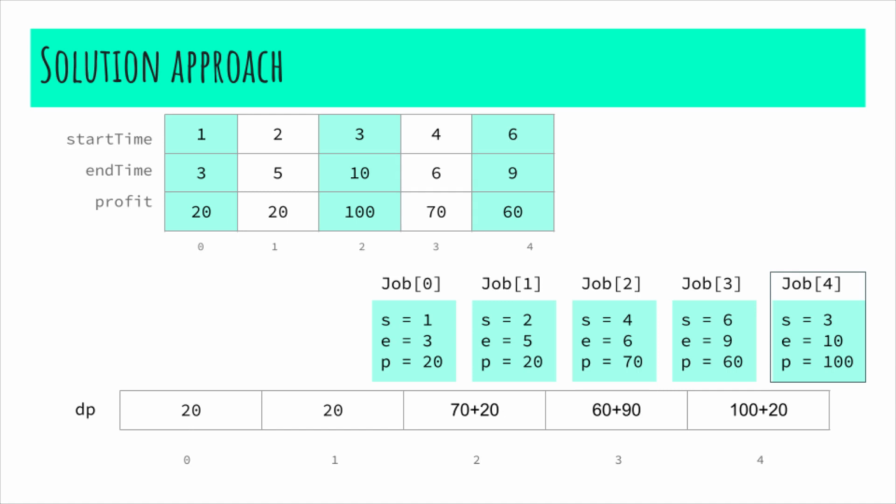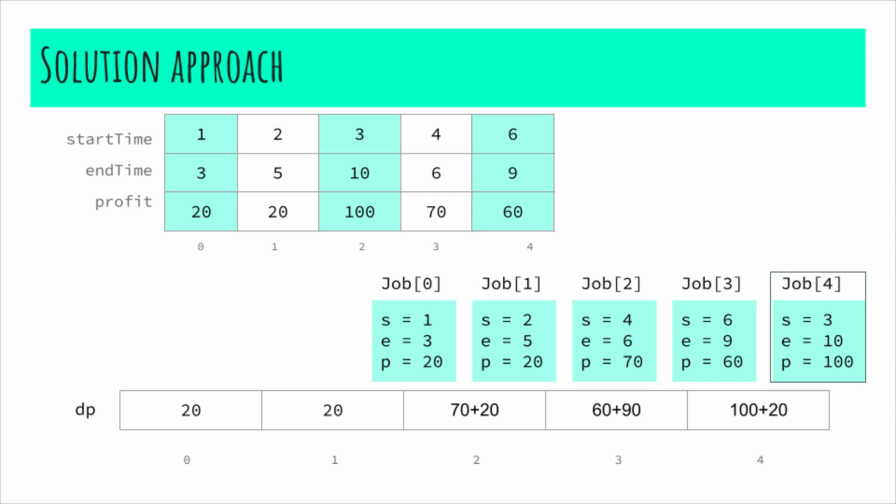As you can see, I'll be able to perform the fourth job only if I do the first job, because the other jobs end at 5, 6 and 9, which are always greater than the start time of the fifth job. Therefore, I cannot perform the second, third and fourth job if I choose to pick the fifth job. Therefore, I'll have to consider only doing the first and the last job if I wanted to pick 5.